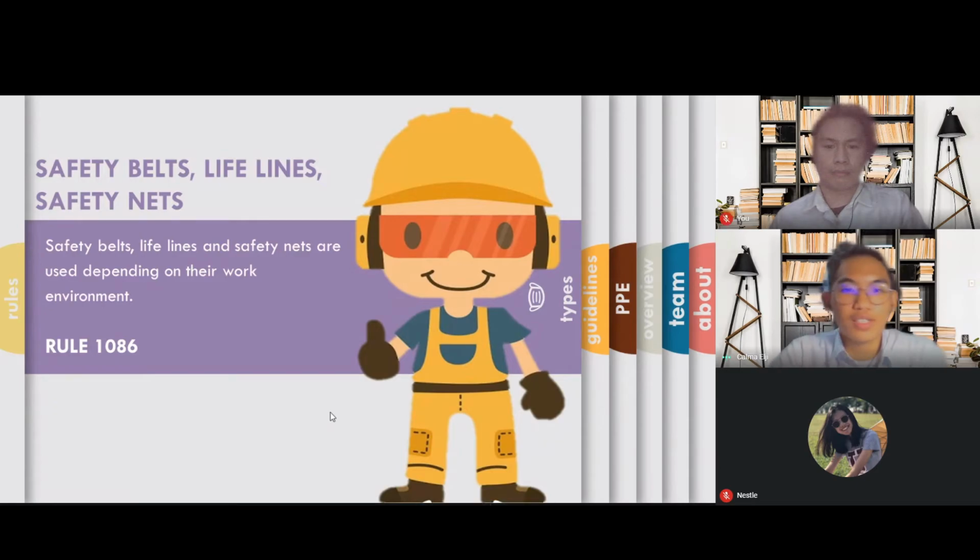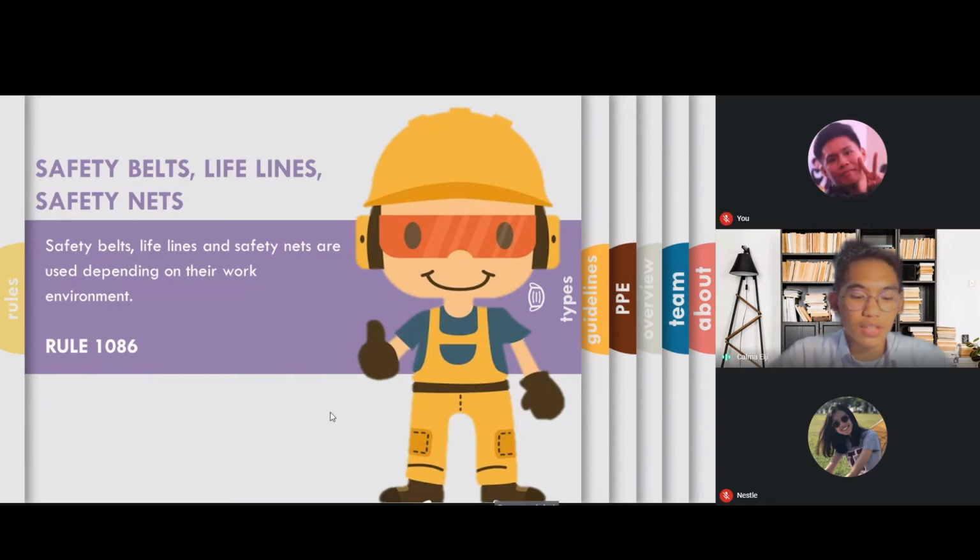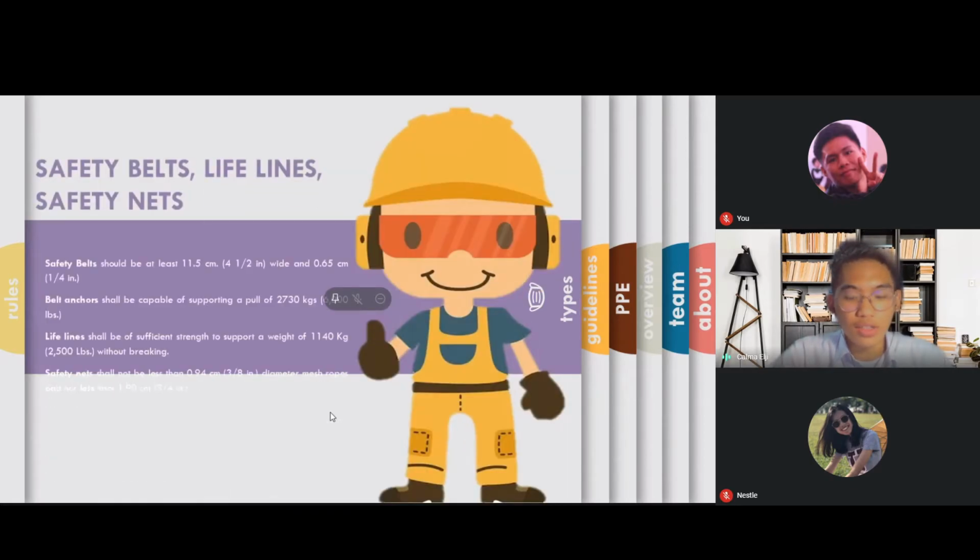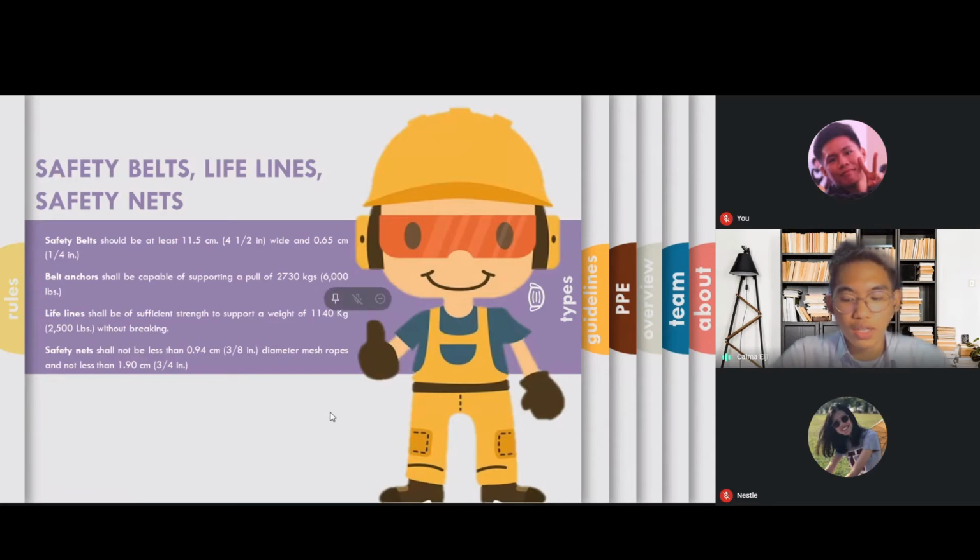Safety belts, lifelines, safety nets. Meron naman tayong Rule 1086 na nanggaling pa din sa guidelines ng Occupational Safety and Health Standards. So nakasulat dito na ang paggamit ng mga safety belts, lifelines, safety nets ay nakadepende sa work environment. So kung nagtatrabaho ang isang worker sa cleaning of windows ng isang building, safety belts and suitable anchors should be attached. So meron tayong mga standard materials and standard na sukat ng bawat equipment natin dahil kung hindi ito papasa,